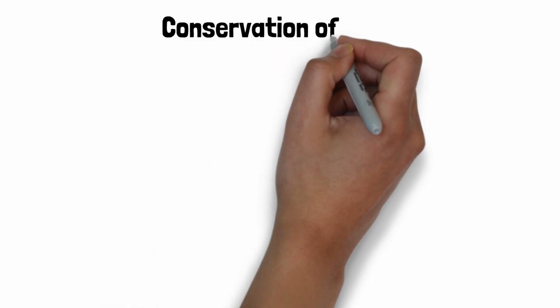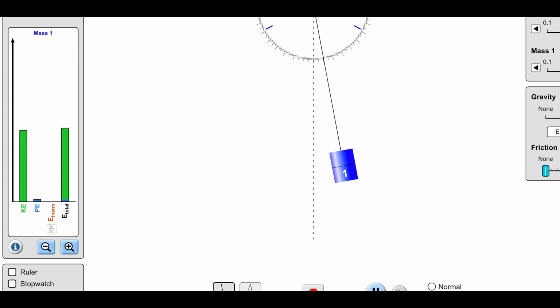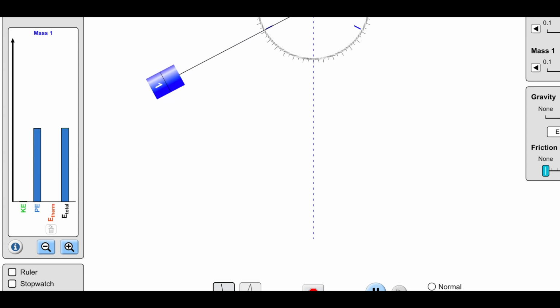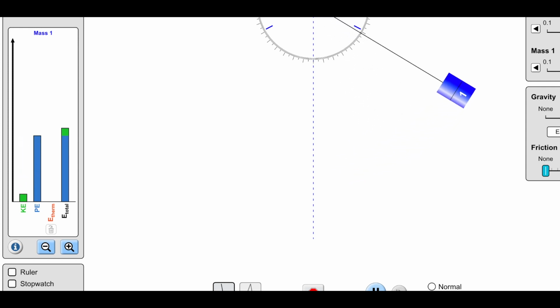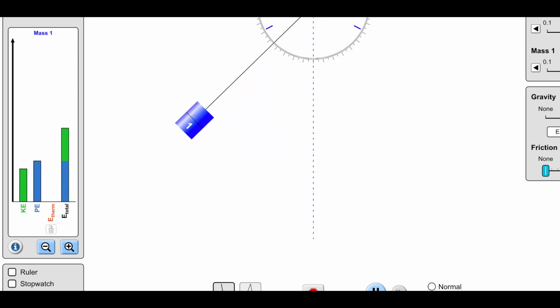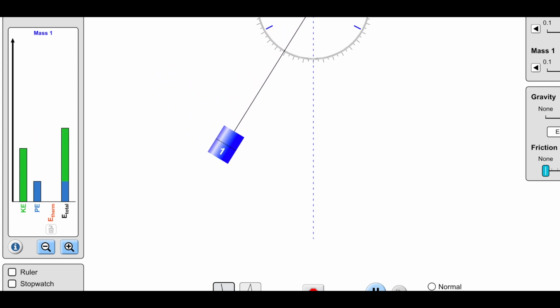A perfect example to illustrate the idea of conservation of energy is by analyzing the motion of a simple pendulum. When the pendulum stops briefly at the top of its swing, the amount of kinetic energy of the system is zero, and all the energy of the system is potential energy. And when the pendulum swings back down, the potential energy is converted back to kinetic energy. However, at all times, the sum of potential energy and kinetic energy is a constant, which means energy is always